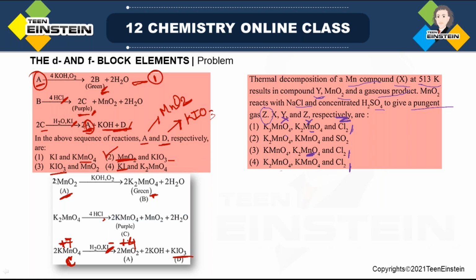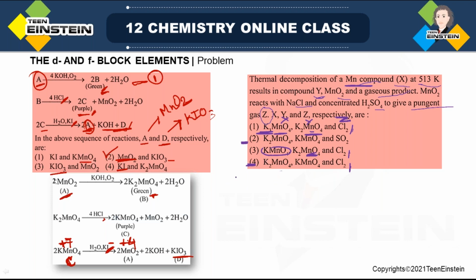Next, if you want to know what is X. Now this Mn compound X cannot be K3MnO4, because a compound of the type K3MnO4 doesn't exist. And Y is K2MnO4, which we have already chosen. So only one option is left, because options 2 and 4 we have already cancelled. Among 1 and 3, K3MnO4 is also cancelled. That means this is the option that is left. Okay. So that is why